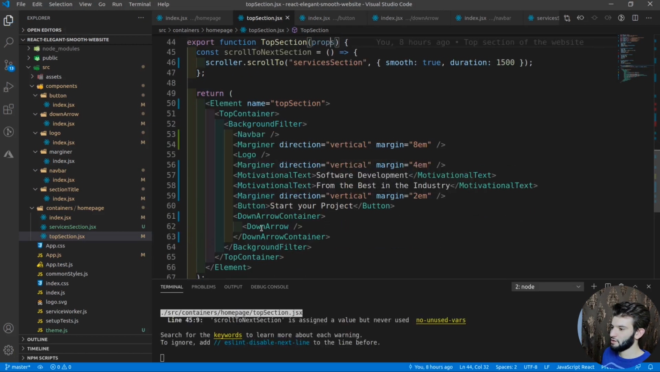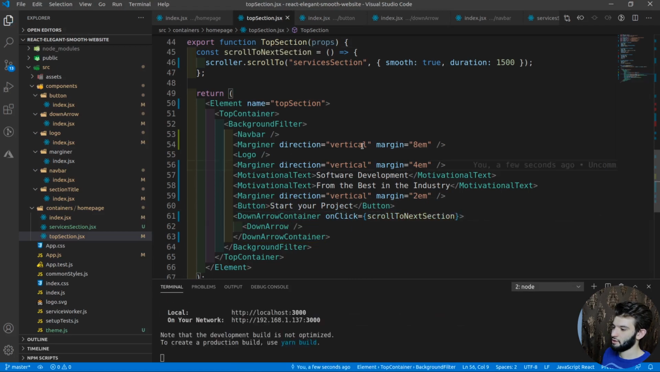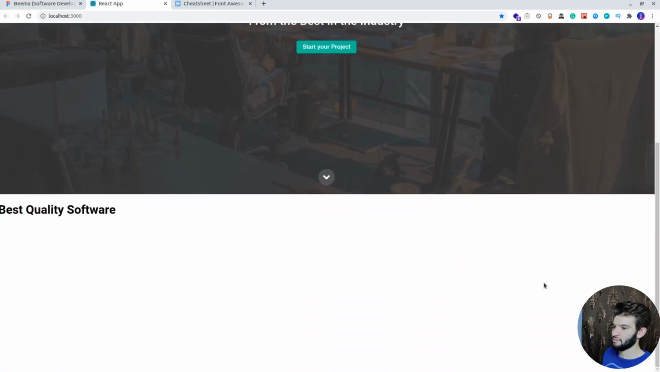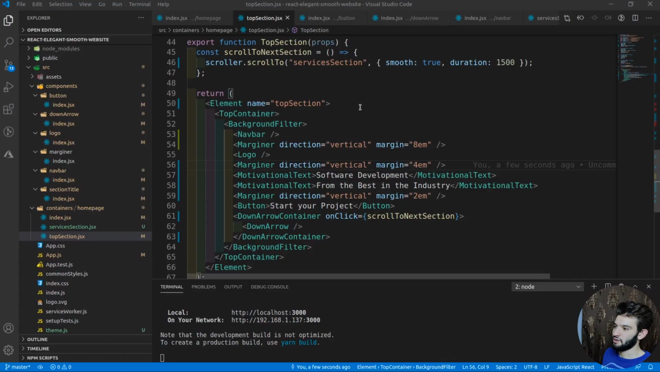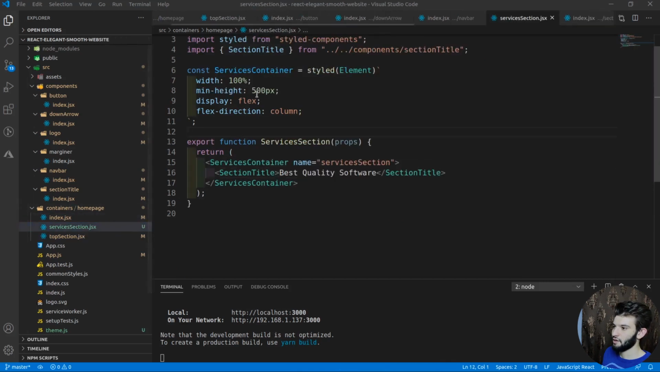And last but not least, let's go ahead and introduce this into our arrow. So we can do onClick and call scrollToNextSection. So pretty simple. If we go back all the way here and we click that, boom. So this section gets us in a simple manner of scrolling. But if you want to see the whole thing, I want to go ahead and fill out the whole height. So we can have